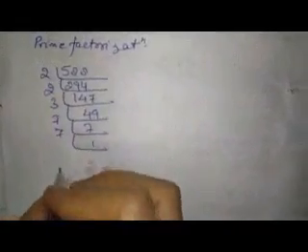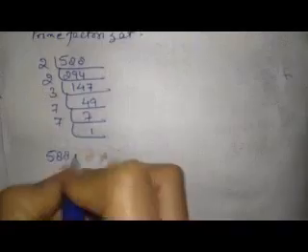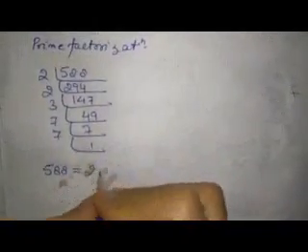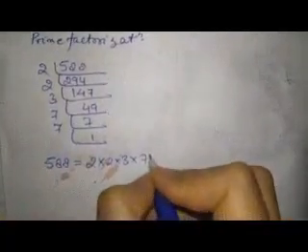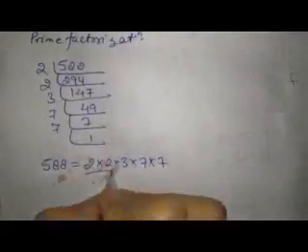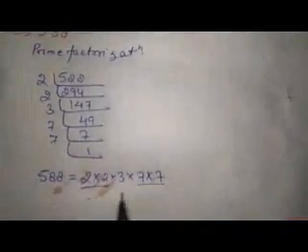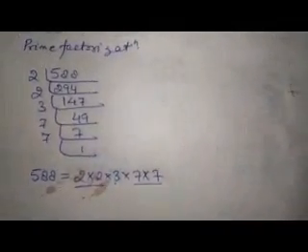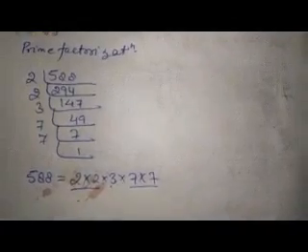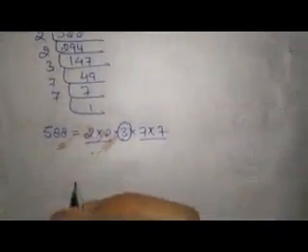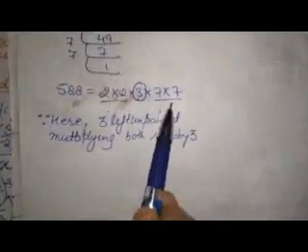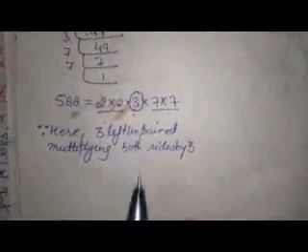So here we can see that 588 is composed of the prime factors 2 into 2 into 3 into 7 into 7. Here we can see the 2 is in pair, and 7 is in pair. But for making the square, each prime factor should be repeated at least twice. So here 3 is left unpaired. So what we will do, since 3 was left unpaired, we will multiply both sides with 3 in order to make it a perfect square.